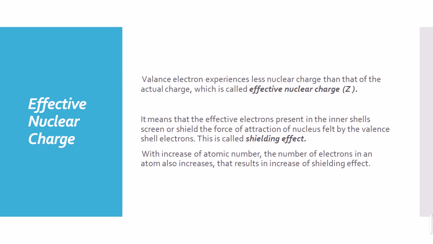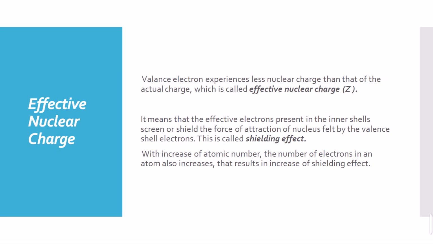If we talk about the L shell and the reduction of the effective nuclear charge by the intervening electrons, the electrons present in the first shell and the second shell will reduce the effect of the nuclear charge, or the capacity of the nuclear charge that is present in the center of the atom, that is called the nucleus. This will reduce the attraction of the nucleus towards the outermost shell electrons. So this will be called the effective nuclear charge.